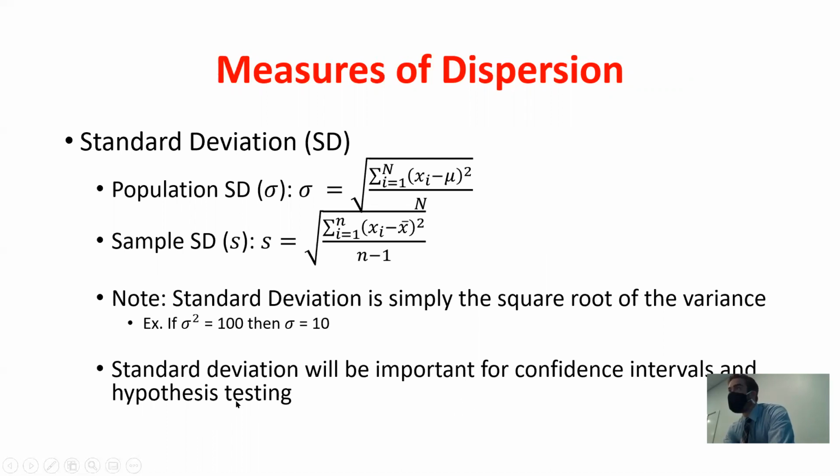And the reason why, once again, a little bit of this is some foreshadowing. Once we get to confidence intervals and hypothesis testing, we're typically going to be using the standard deviation in our formulas and not the variance. So we want to already start thinking about how we get that standard deviation to become a little more useful in some of the future formulas that we use. Okay. I gave an example here, right? We had 100 was the variance. The standard deviation would just be the square root of that. The square root of 100 is 10.